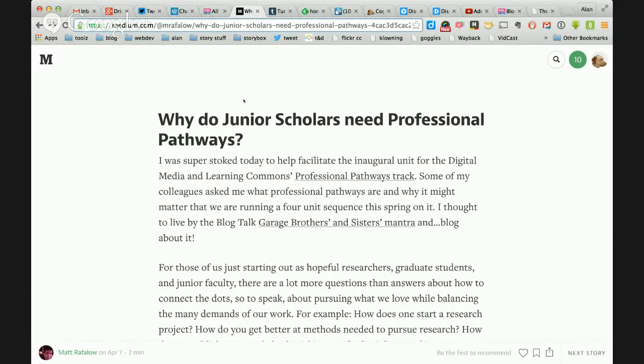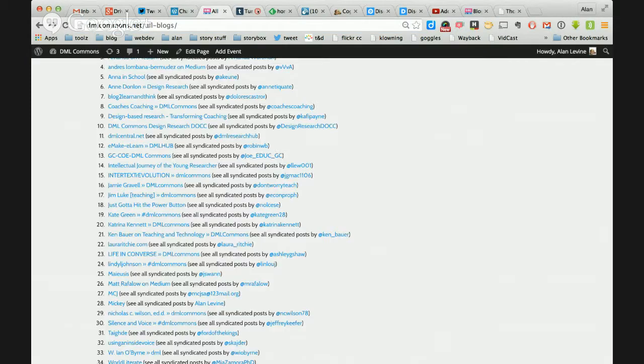Medium is an evolving space, and it's kind of hip and popular right now. It's actually very nicely laid out and easy on the eyes. It's simplified. You don't have a lot of things cluttering up Medium, like sidebars and Twitter feeds and stuff that you can see on people's blogs. So Medium is an approach that you can use for writing with DML Commons, and we can see that,